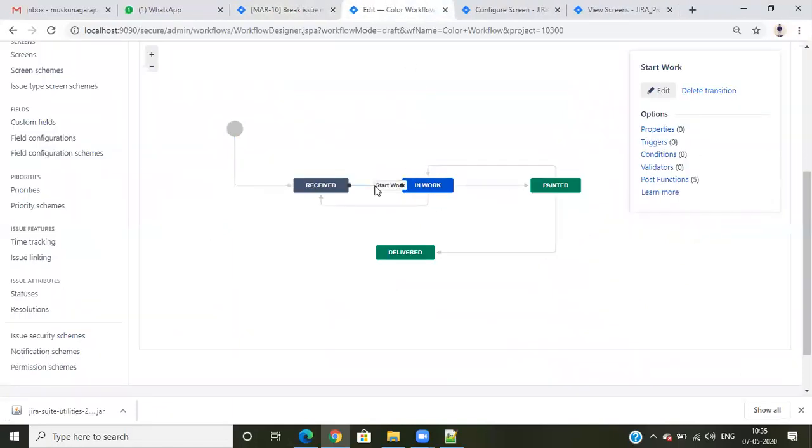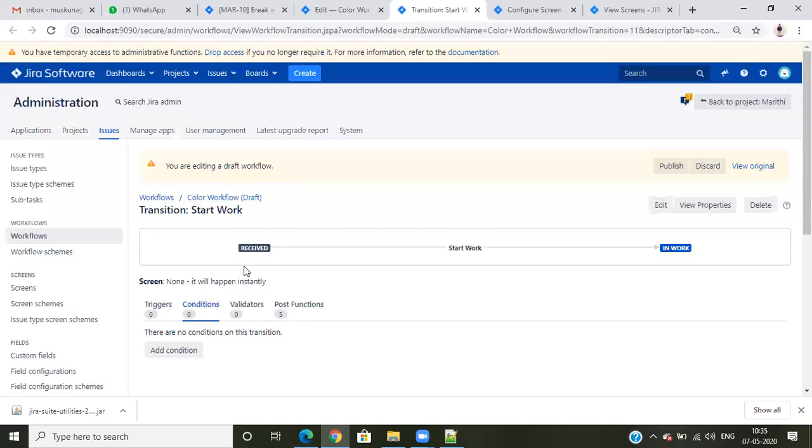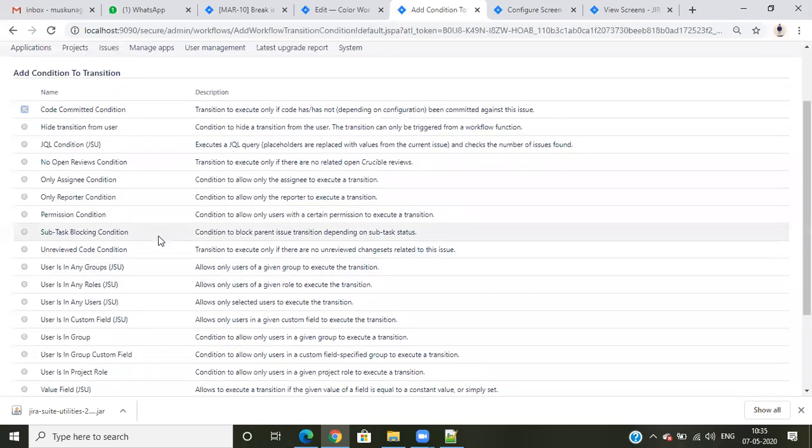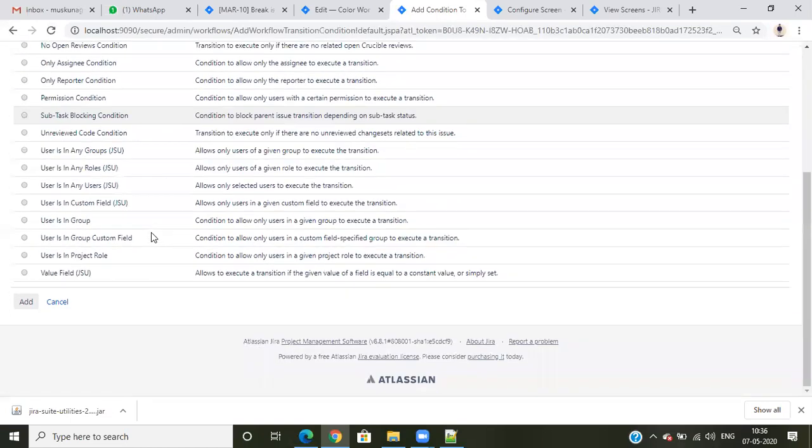If you click on start work, I need to hide this start work only. If I click on start work, I'll get this conditions option. Click on conditions and I can open add conditions. Once I click on add conditions, we have these options. I'll show you which are more important, and you just try that way.